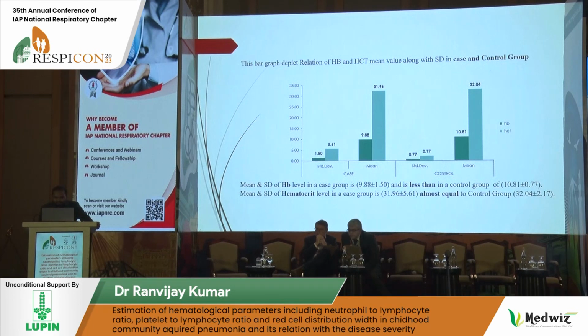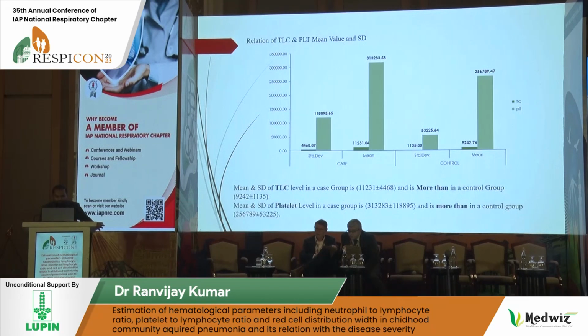And this light green one is hematocrit. Hematocrit level in the case group is 31.96 with a standard deviation of 5.61, which is almost equal to the control group of 32.04 with a standard deviation of 2.17. This bar graph shows case and control group of PLT and